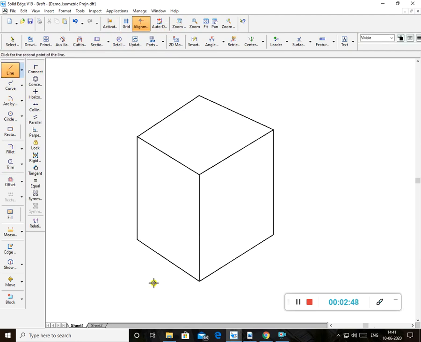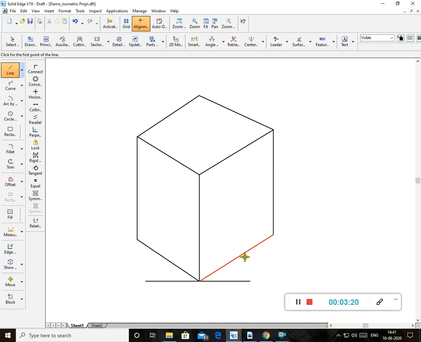If I draw a horizontal line from this point, then see the angle made by this object. What I am doing is that this object is tilted in this way. See, I'm moving my cursor in this way. If I tilt in this way, it will sit on this bottom base. So again, it becomes a front or top view. So I'm tilting objects. That's why I told you to take your mobile and tilt it about one corner which is in front of you. So it is like isometric projection.